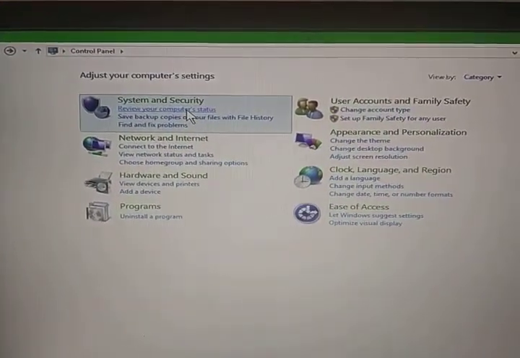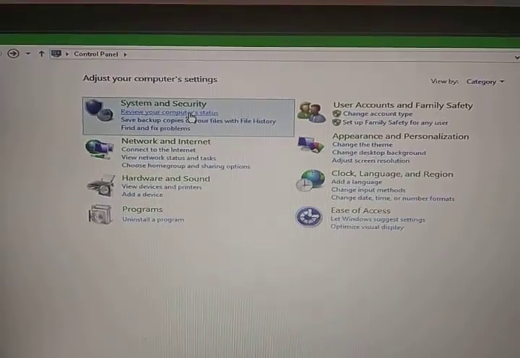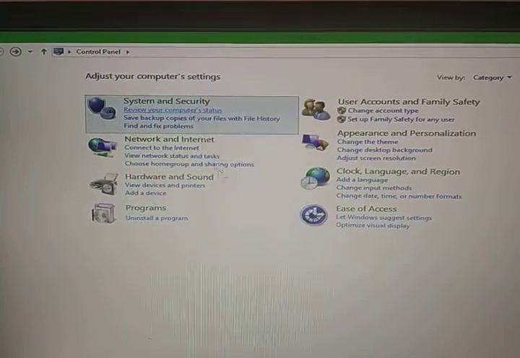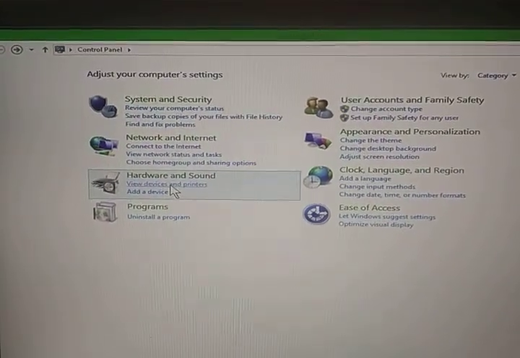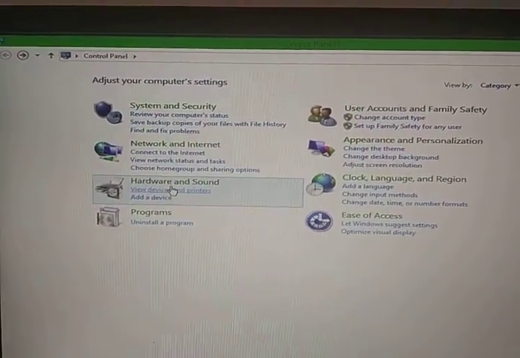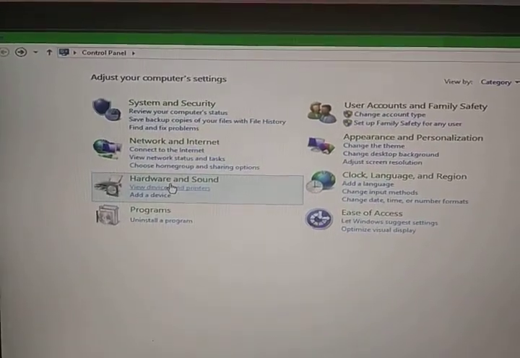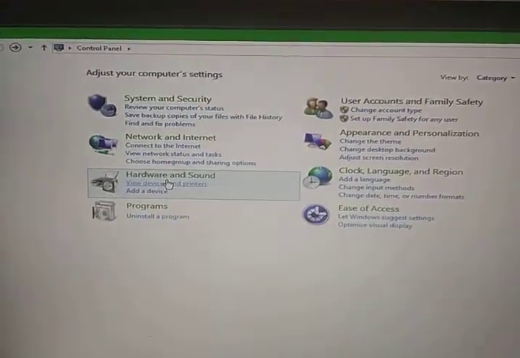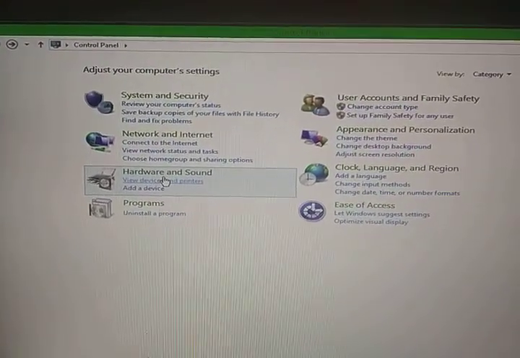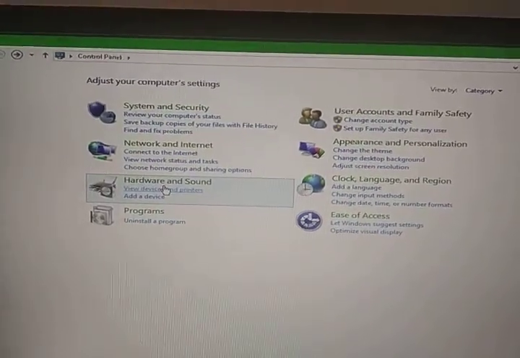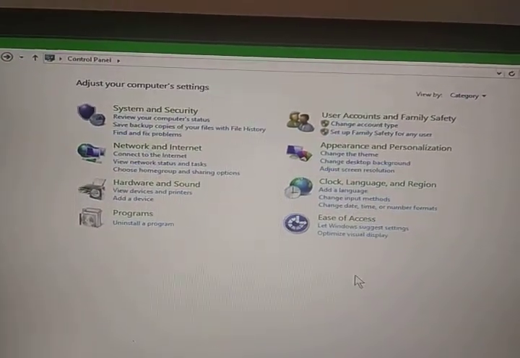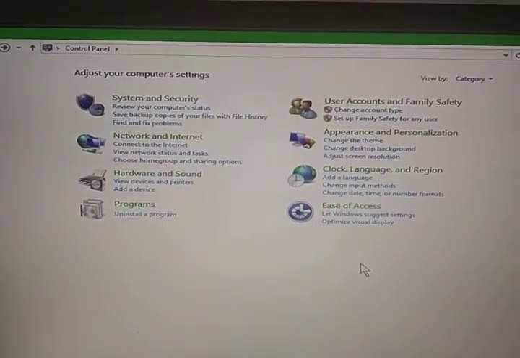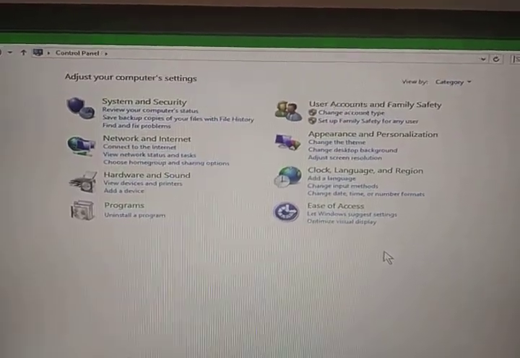So how can you recognize any text as a hyperlink? When you find the text blue in color with underline, and when you place the mouse pointer over the text, you will find that the pointer converted into a palm, right? So this is the way how you can recognize the hyperlink, right? So this is the example of hyperlink, and now I will get you experience how to create the hyperlink, right?